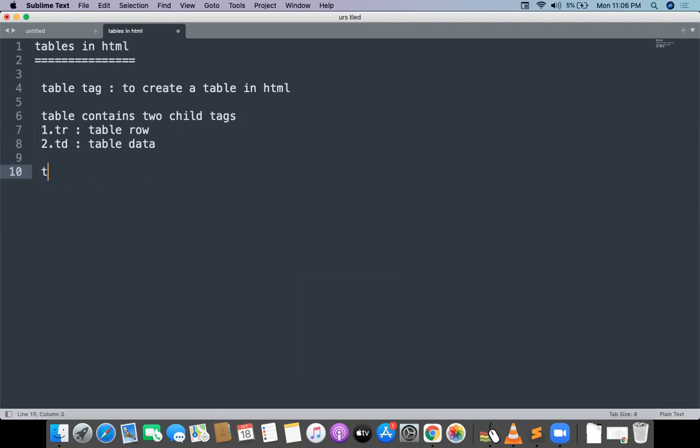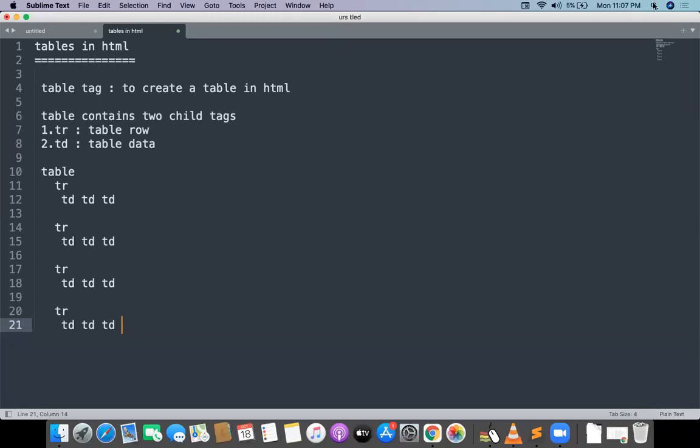So it should be like this. First of all, guys, create a table like this, and inside that we will be having tr, and inside that we will be having a lot of tds like this. And there are multiple trs we can place. There is no restriction on how many you want. This is a simple structure, the simple template you want to create with the table.